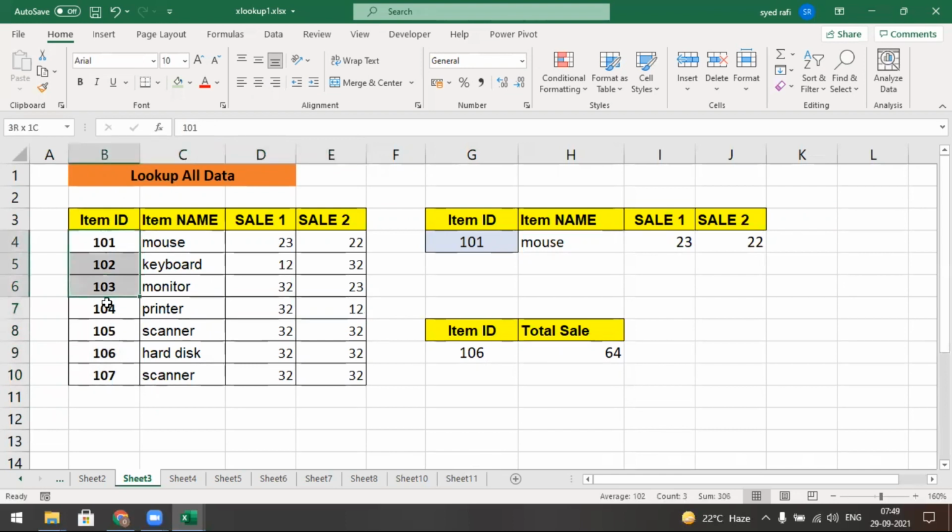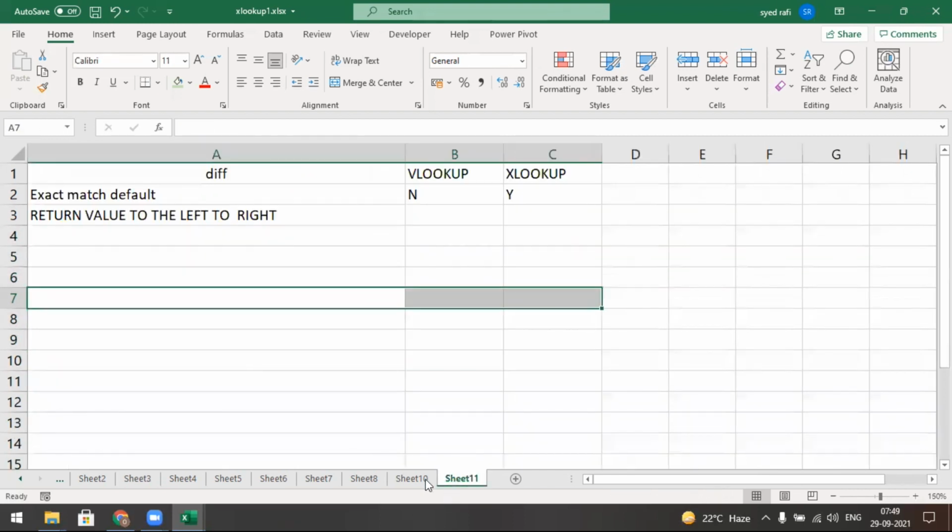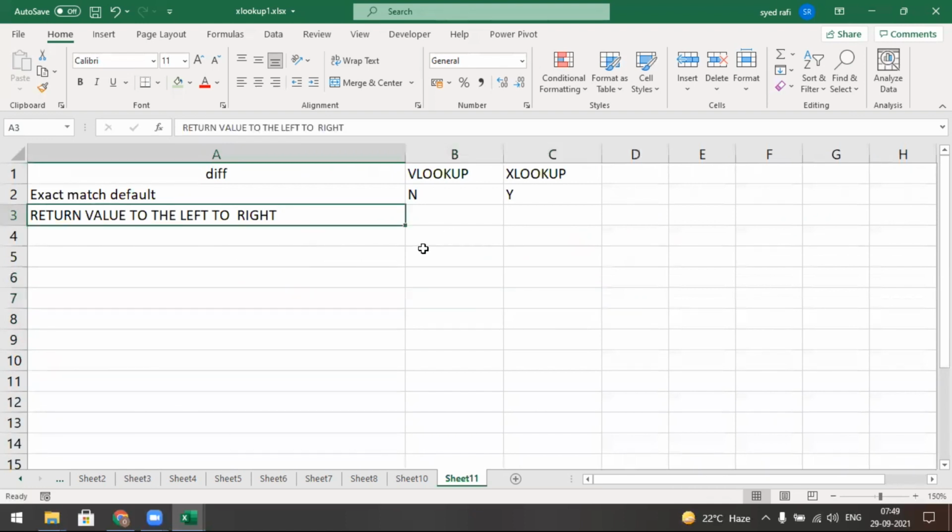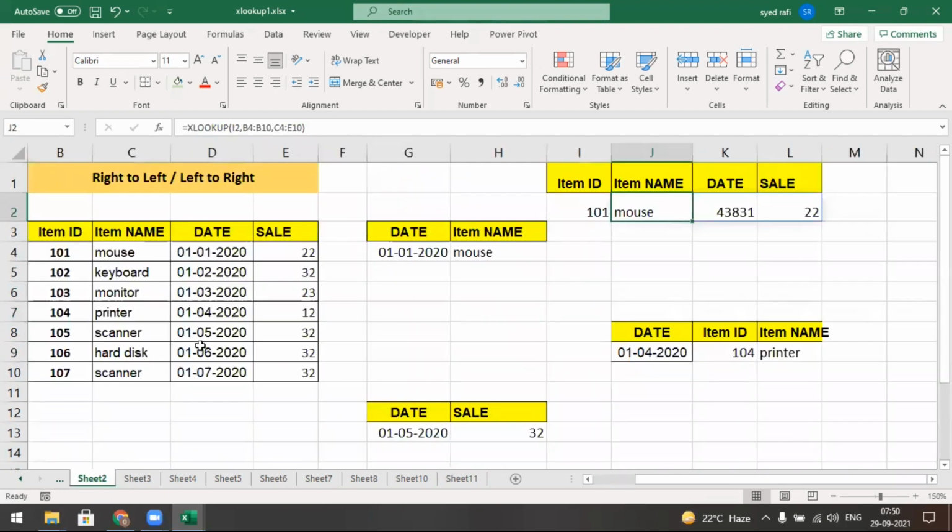Depending upon the lookup value, it displays the left to right data. I search for this one and want to get all these values. Left to right data will be displayed in XLOOKUP, or VLOOKUP, or both?